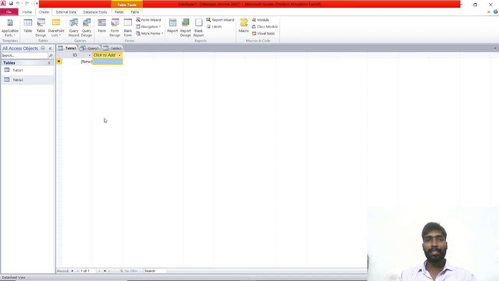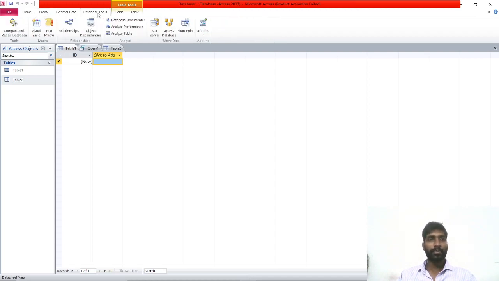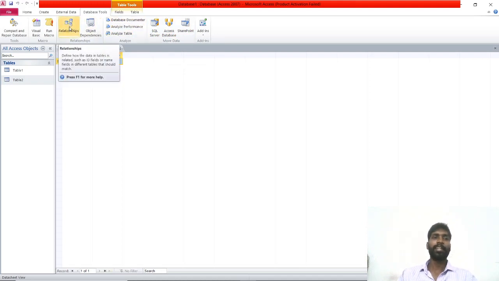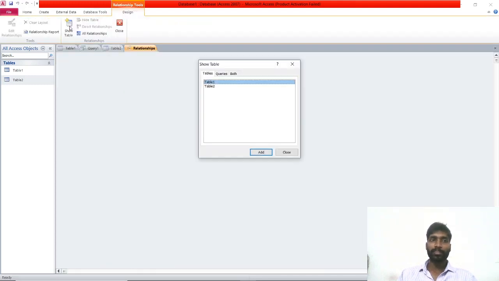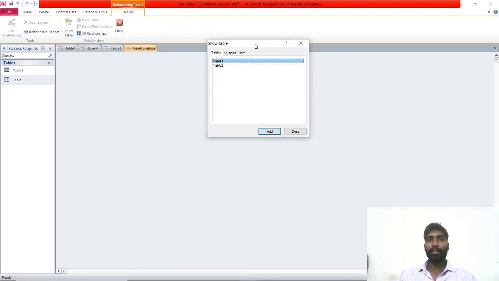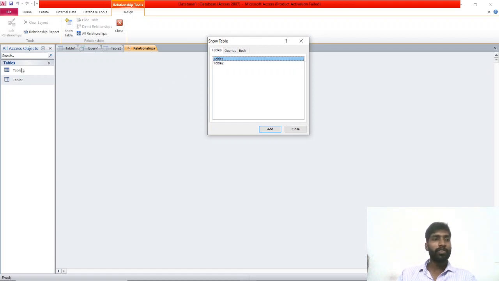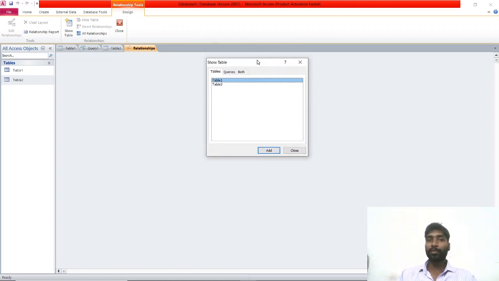Now we will see creating a relationship. In Database Tools there is Relationships. Where is it? Here. Now I just click Relationships. See, Show Table. Students, however many tables you created, that many tables it will show. There are only two tables, so it shows only two.